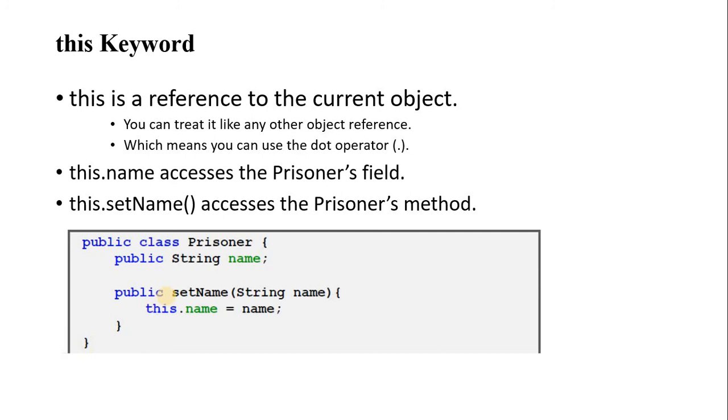For example, we have here public string name. Name is a class level variable, or a member variable. If you are going to use this name variable inside setName, we say this dot name equal to whatever argument variable we are passing in this method. That variable we assign to the class variable. So this operator is used to assign whatever value we are getting here in the argument. This refers to the current object. Our current object is the current class object. We can call the method as well as the variable through this keyword.